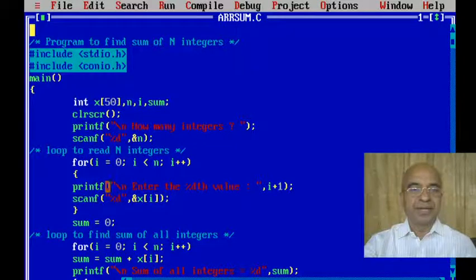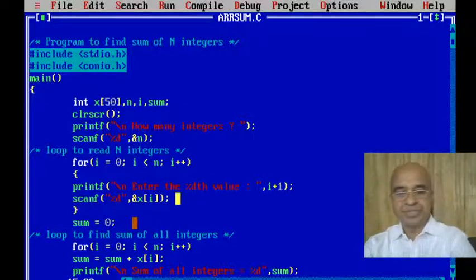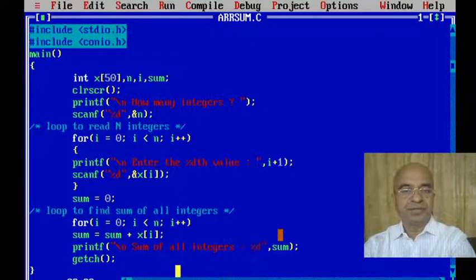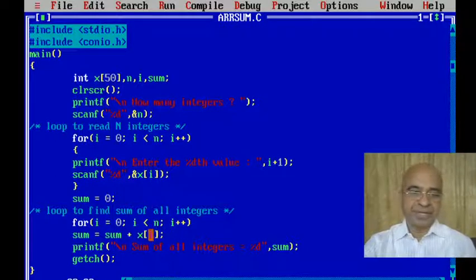Printf "Enter the %dth value", with i + 1. Scanf through the keyboard reads the value. Sum is initialized to 0, and a loop finds the sum of all integers: for i = 0; i < n; i++, sum = sum + x[i]. Printf sum of all integers, sum, getch.